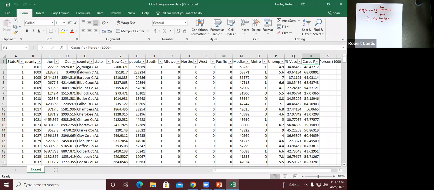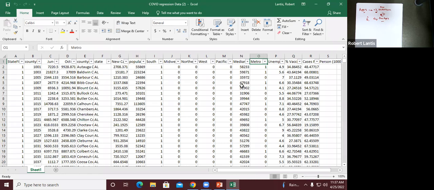So I have this data set. There was a bunch of different counties. I had the number of new cases of COVID that they had, I think back in November or October of 2021, so last fall. I then had the population of the county, what region of the country they were in. So this is just a 1-0 variable if they were considered to be in the South or the Midwest, et cetera. I have the median household income of the county,